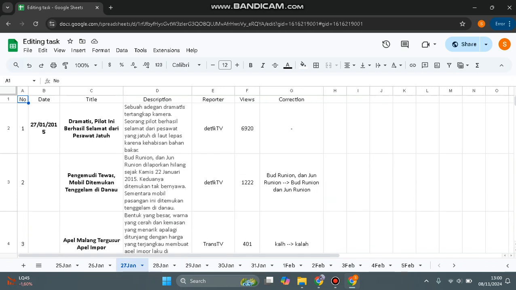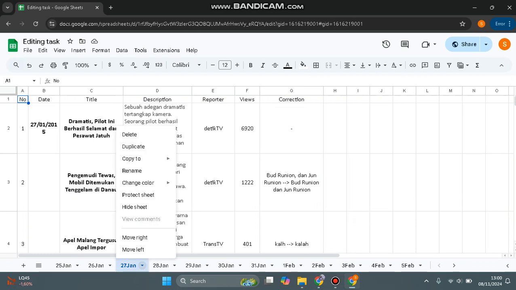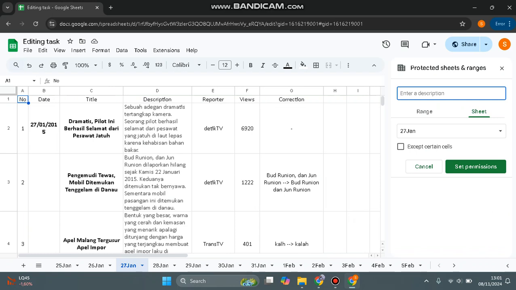You can just click on the tab sheets in here and right click, and there will be this option, protect sheets. You can just tap on that, and here you can enter a description if you want to. And here, this is the sheets that I want to protect, the 27 Jan. And here you can just click on set permissions,